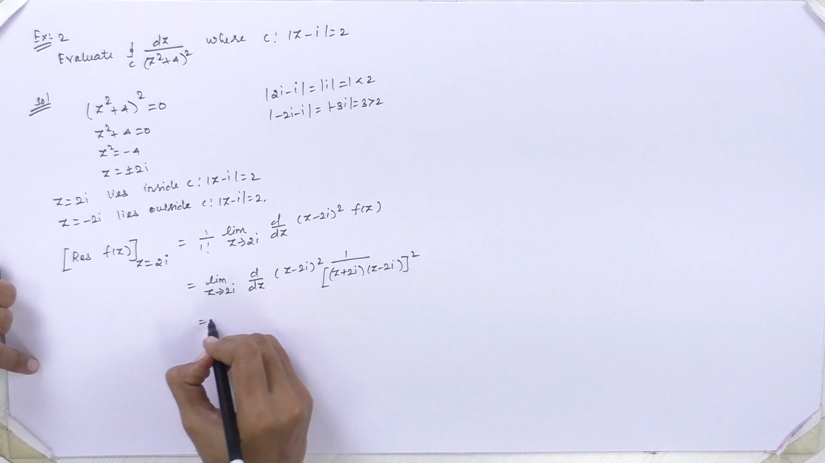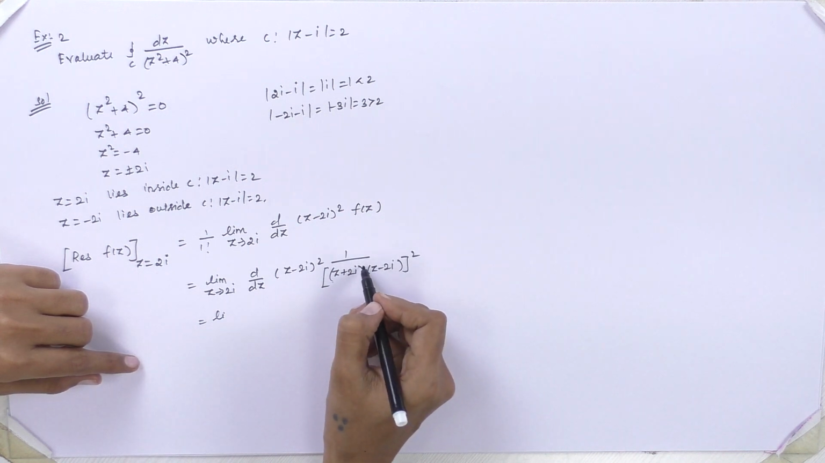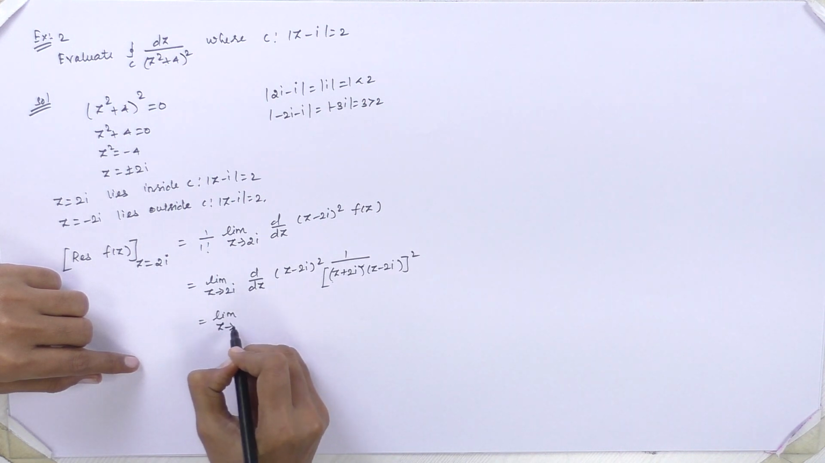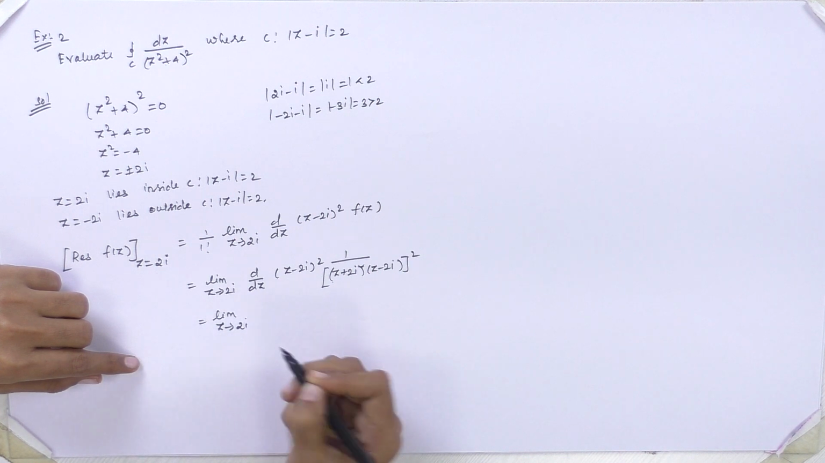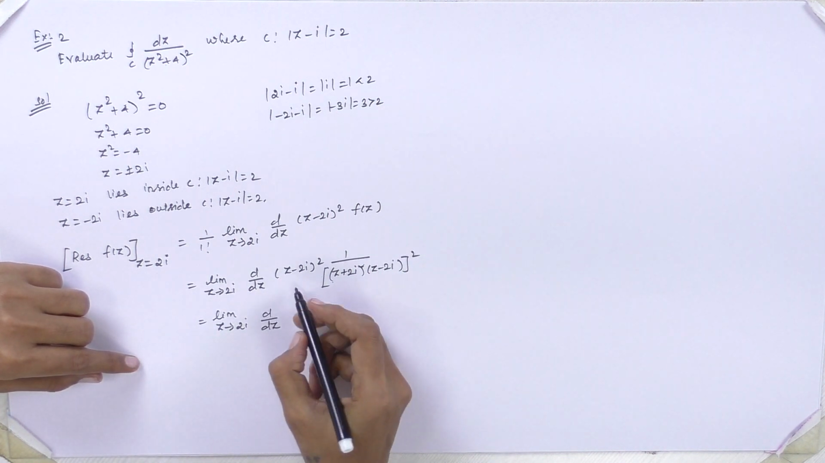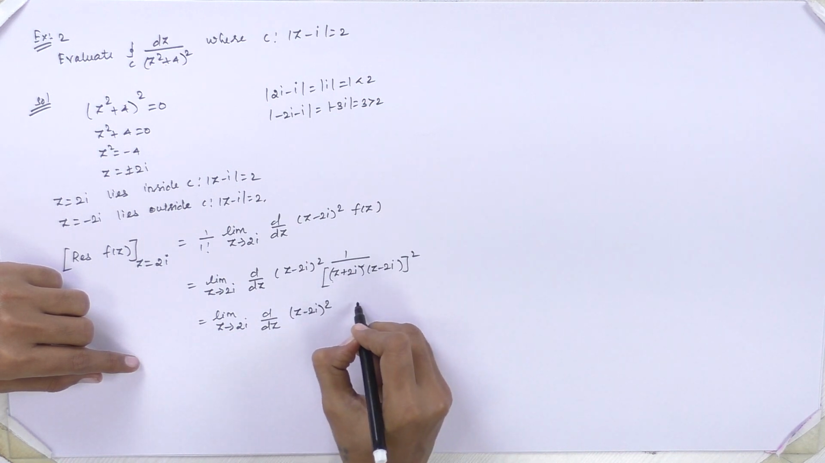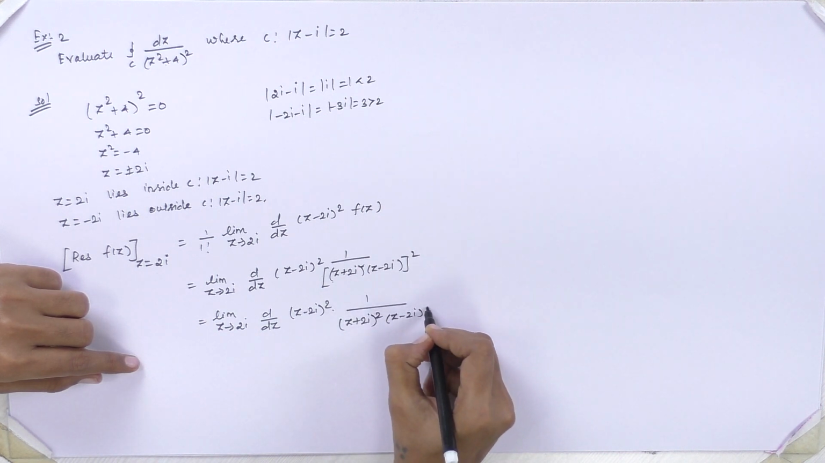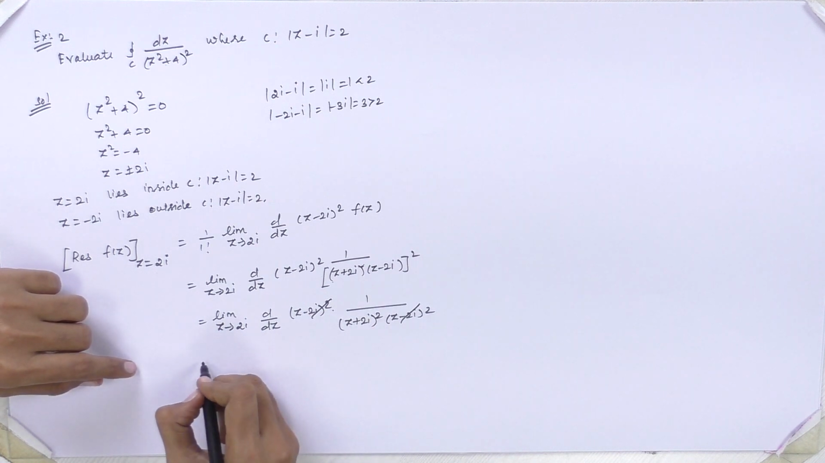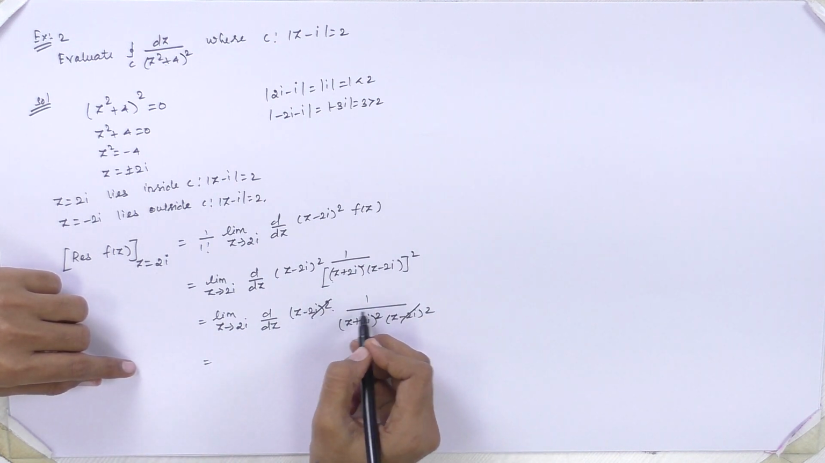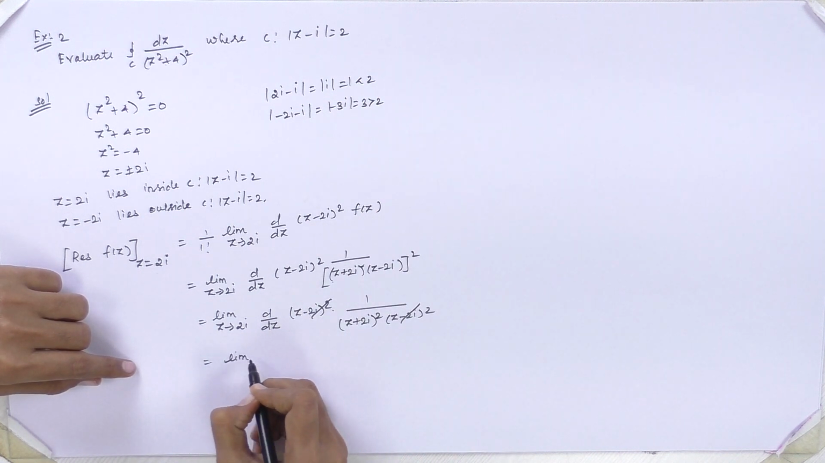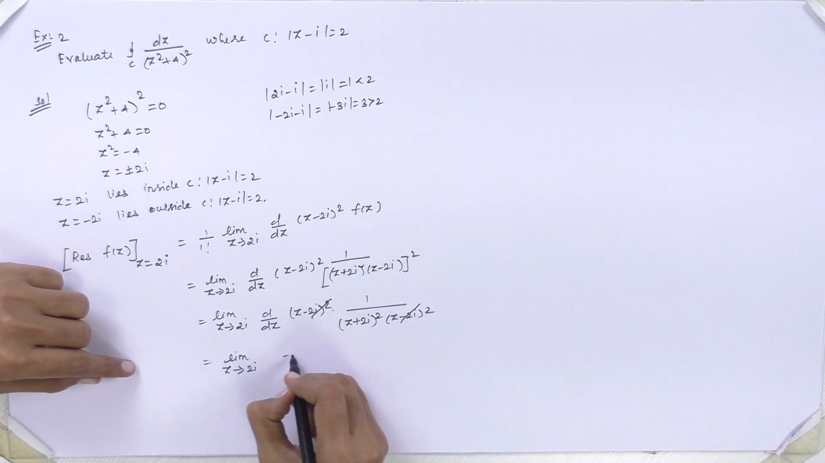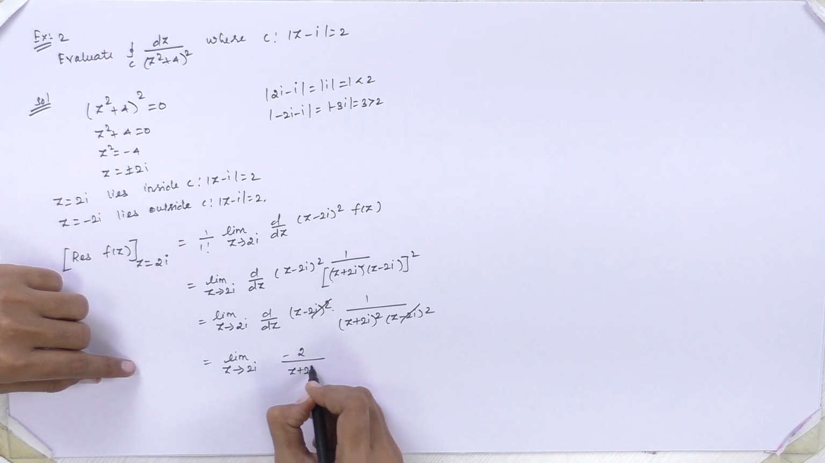Now we can cancel, that is (ab) the whole square is a square b square. So we can cancel this term. So in the next step we have the limit as z approaches 2i of d by dz of (z minus 2i) the whole square into 1 upon (z plus 2i) the whole square into (z minus 2i) the whole square. Therefore, the common terms get cancelled. We have this term remaining. So, we have to differentiate this term with respect to z. So, the limit as z approaches 2i, the answer is minus 2 divided by (z plus 2i)